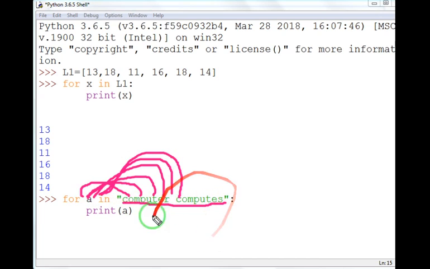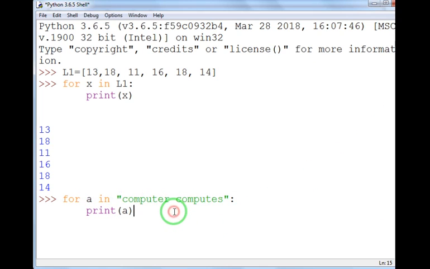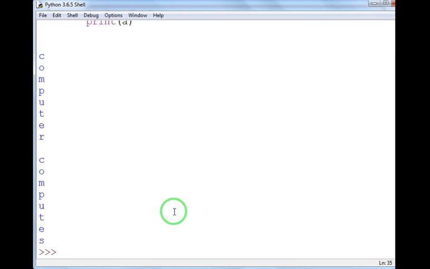Once all the values have been assigned, the loop will close automatically. When you give this command, you can see it displays all the elements one by one.